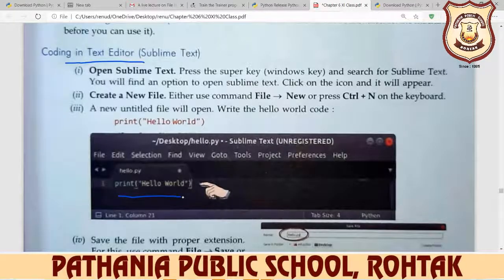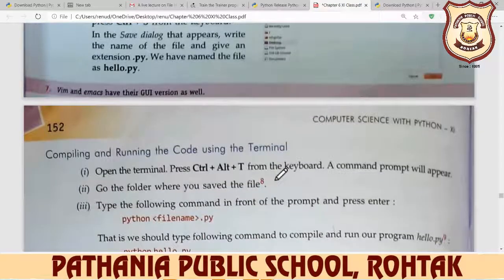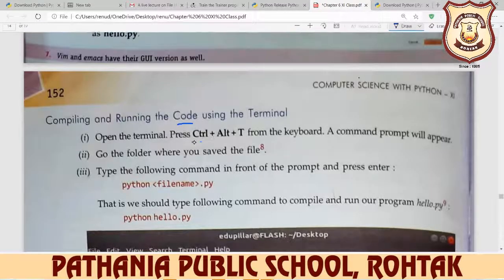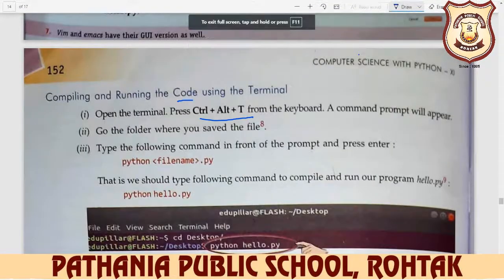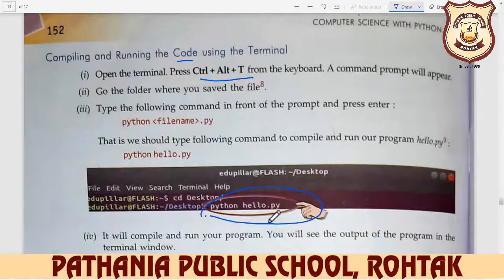Here you write down any code, and after writing your code, you save it, and after saving, you run this program. And for compiling and running the code in the Linux operating system, you open the terminal, press Control Alt plus T on the keyboard, and after that a command prompt will appear. Go to the folder where you saved it, and you see here your program will be displayed.